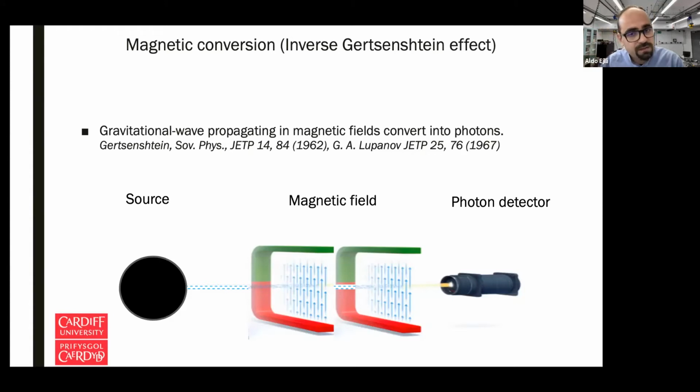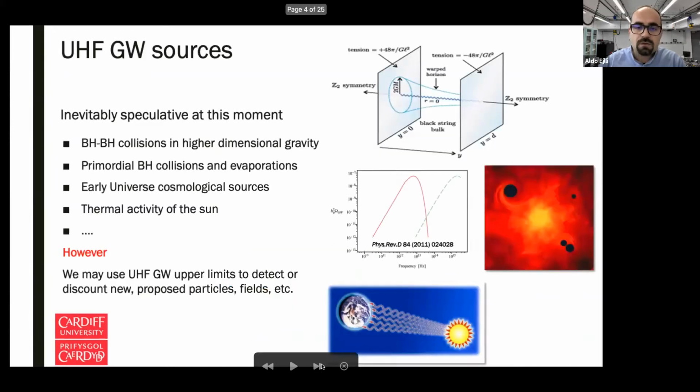So Gertsenshtein in 1962 studied the reverse process, where you generate gravitational waves by sending a laser light through a magnetic field. Sources today are inherently speculative at this moment, and we'll be talking about sources like